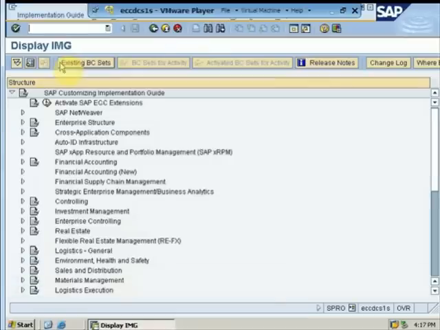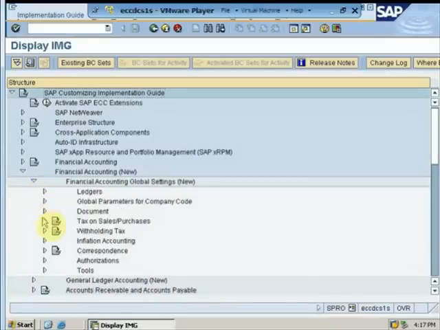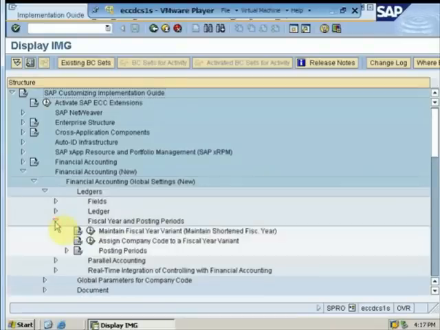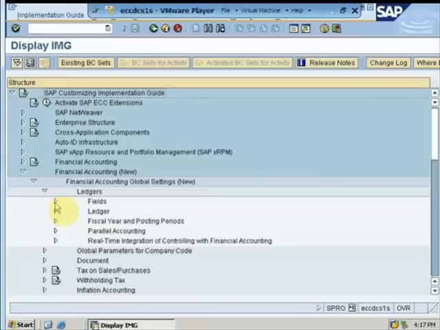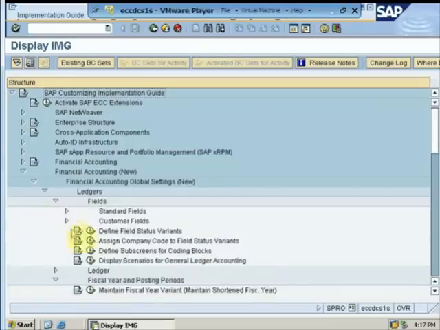We'll go to the reference IMG and we will go to financial accounting global settings, ledger, fiscal year and posting periods, which is an example of a fiscal year variant, which is an example of a variant, or we can also go to fields and define a field status variant. There are various examples of a variant, namely field status variant, posting period variant, and chart of account variant.